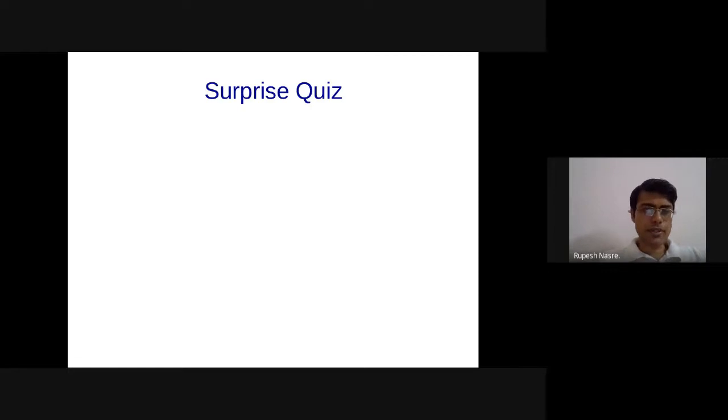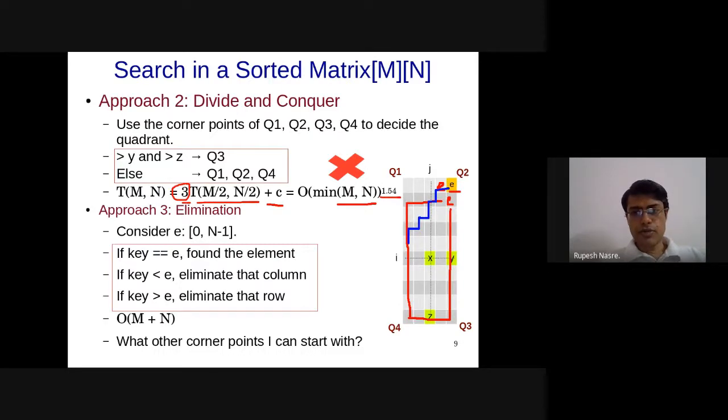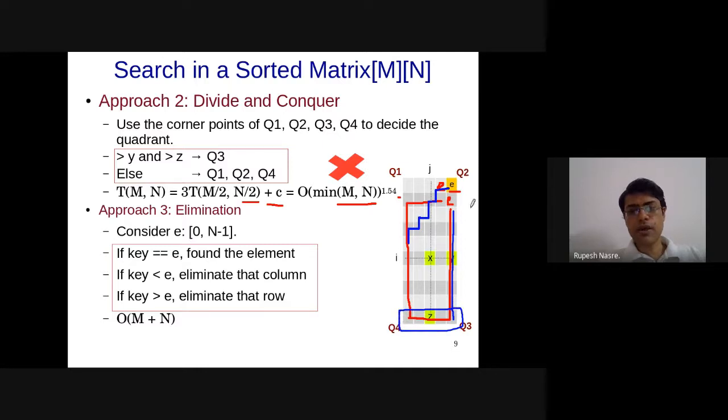Okay, let me just go back. Since this is a non-square matrix, if I just follow this search, then finally I am going to be left with one row. Or if I follow, let's say, this path, then I might be left with one particular column.